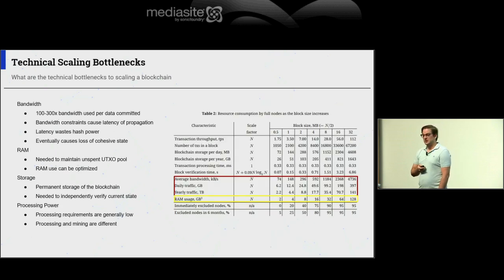So what are the technical scaling bottlenecks of blockchain? If we look at Bitcoin, it's actually bandwidth. A lot of people say, oh, it's the work algorithm. It's all that mining power that's going into creating blocks. But there's really two things that miners are doing. They're processing transactions, and then they're doing work on those transactions to include them in blocks. The processing of transactions is actually not a